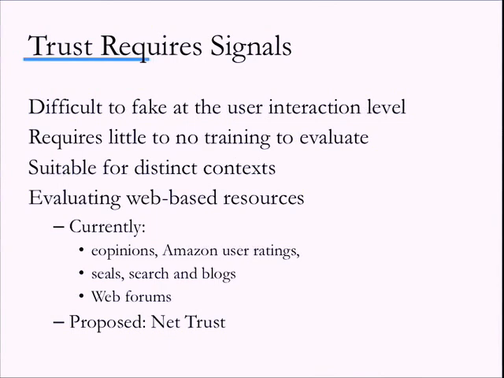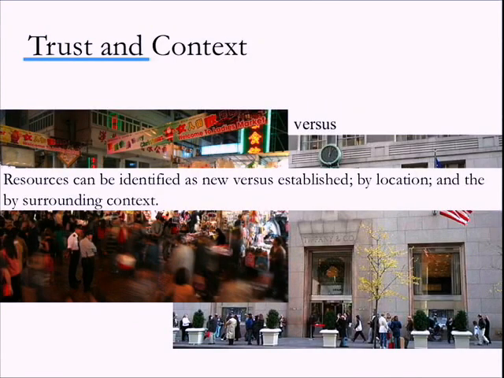So we proposed a system called NetTrust. The idea is we want to add context to any kind of web experience. So we looked at the kind of context you can have. This is, I don't know if you can read this, it says, welcome to Ladies Market. This is the Hong Kong jewelry market. This is Tiffany's, all right? So if you're in one of these locations and someone says to you, oh, here's a box of pearls, they're from Japan, you will have a very different trust response.